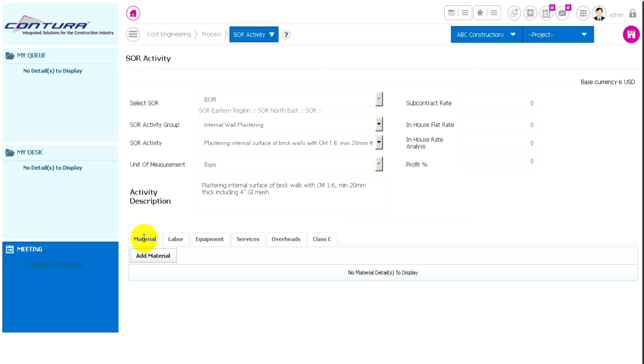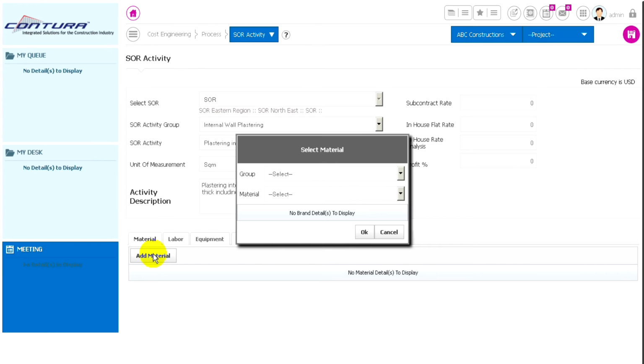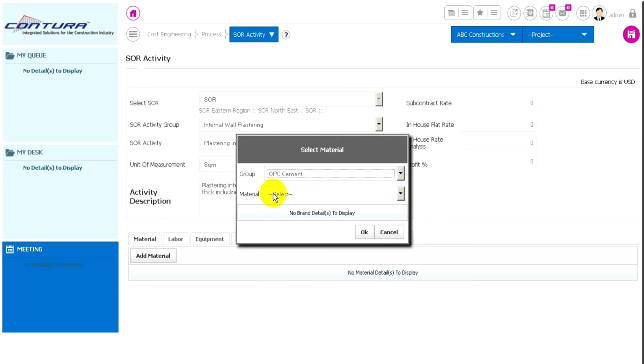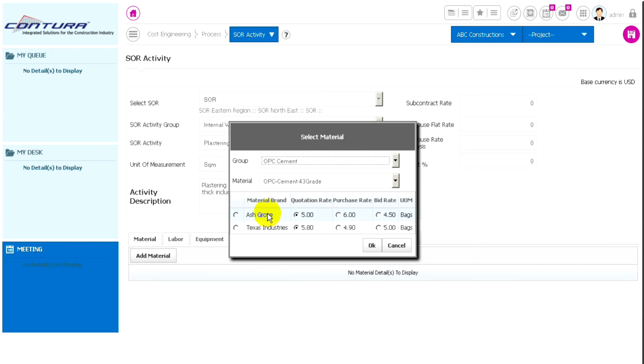Select the Material tab. Click on Add Material to add material details. Select the material group and material. Select the required material and rate.